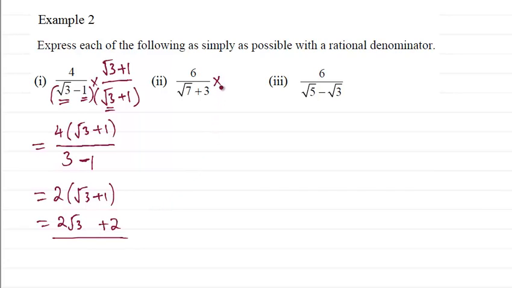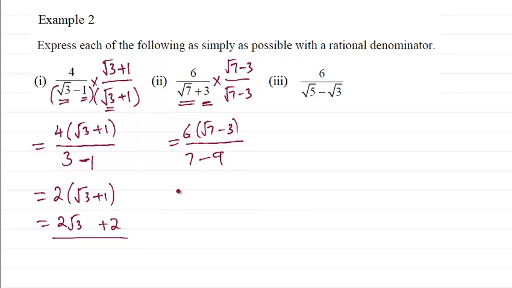Multiply the top and bottom by the conjugate, which is root 7 minus 3, root 7 minus 3. On the top you got 6 times root 7 minus 3. The bottom, always square that number, gives you 7, minus square that number, gives you minus 9. So this is minus 2, so you get minus 3 on the top, root 7,